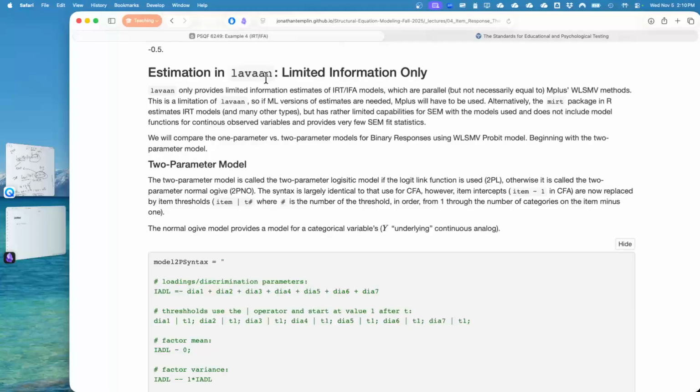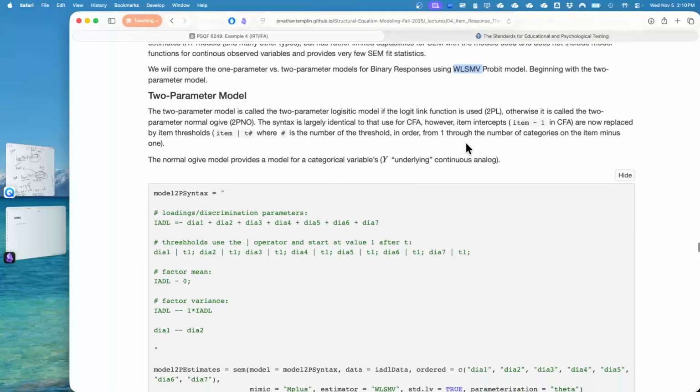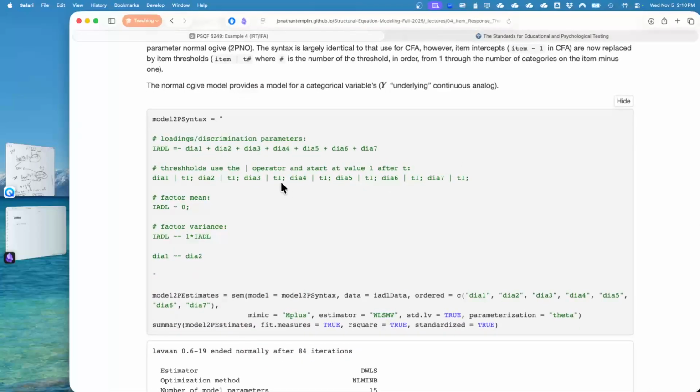Okay? So the limited information version of this uses a probit model. And you'll often see this acronym, WLSMV, which stands for weighted least squares mean and variance adjusted transformation. I don't know why they didn't put a T at the end of that, but that's what it means. It is a version of a robust statistic to look at your model fit, effectively your fit function. Basically, it standardizes your fit function to account for some of the issues in estimation we have. The model syntax is almost the same, though.